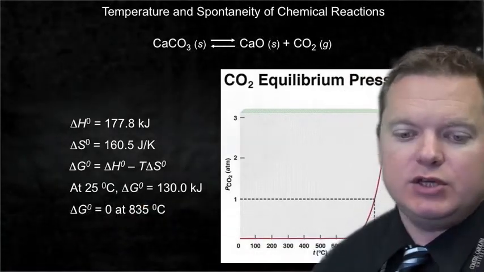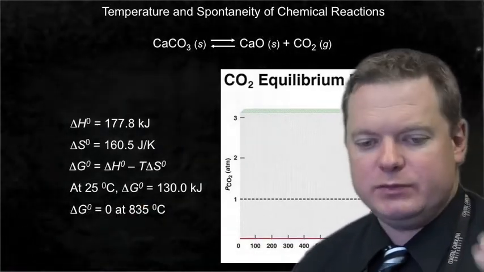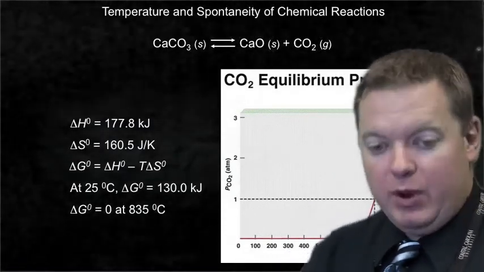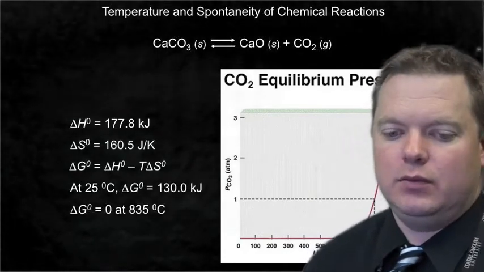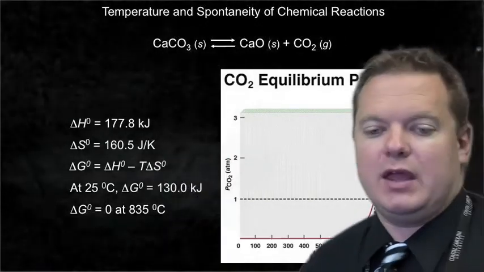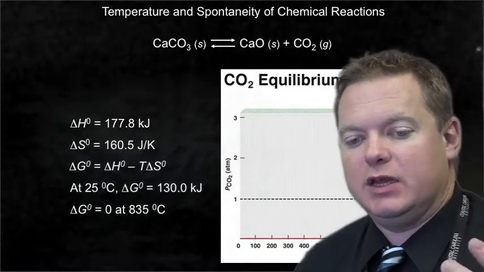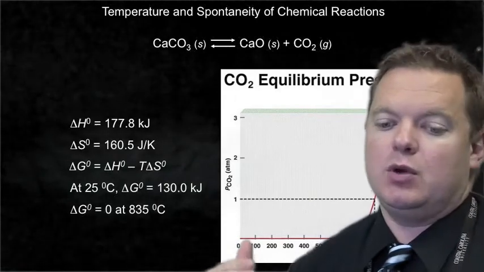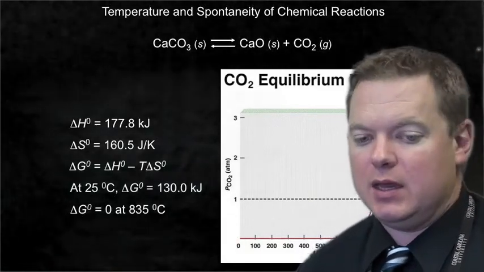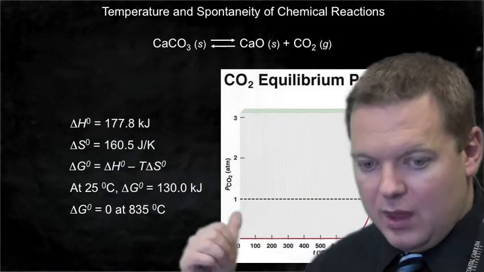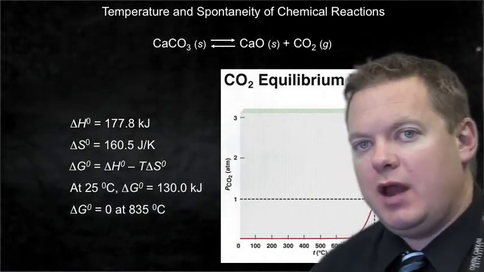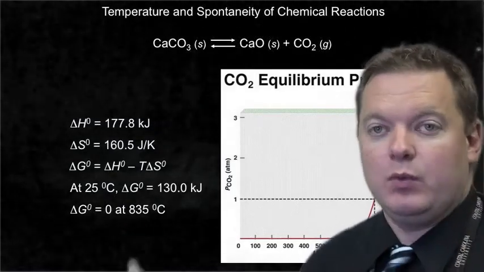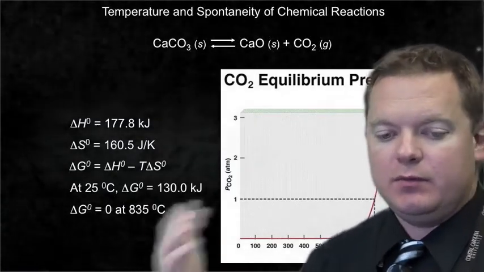So if we set this equation equal to zero, then if we plug in our delta H, which we know, and our delta S, which we know, we can then simply solve for T. Right? So if we look at this reaction where calcium carbonate solid is in equilibrium with calcium oxide plus CO2, we see that the temperature at which this changes into spontaneity is 385 degrees Celsius. Right? When we calculate it, it'll be in Kelvin, and then we can do a simple